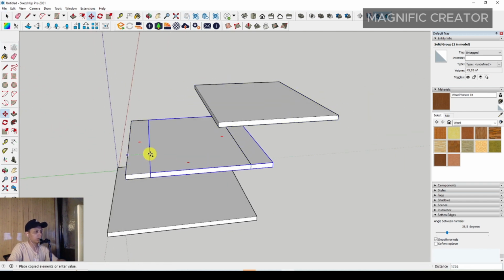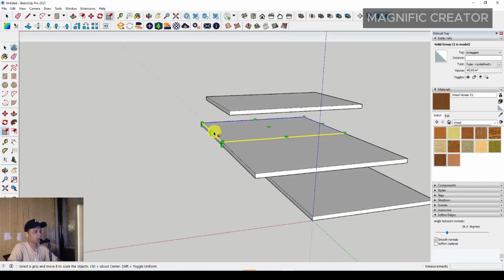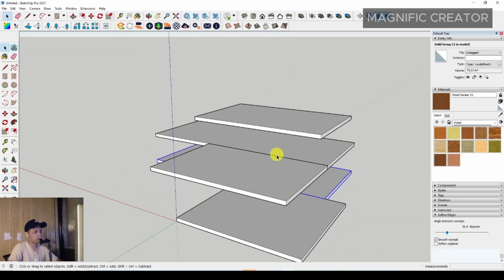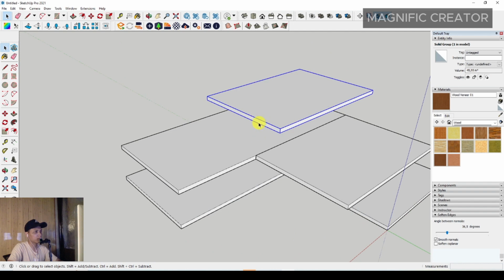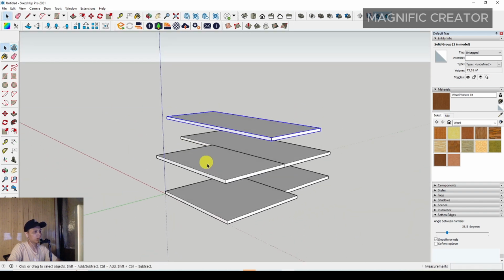Then you can use duplicate, and you can use scale or push. It's just the same way to complete it. You can press Control to duplicate it, then you can adjust it again, and then